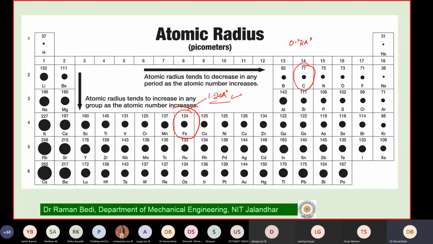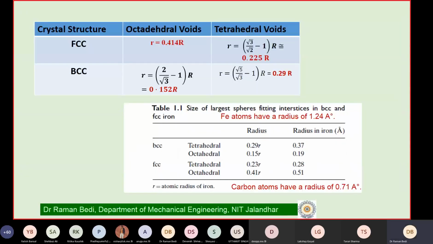So why am I interested in that? Because I want to now discuss something about the location of these carbon atoms in the interstitials of the FCC lattice of iron. But the problem is that iron is actually having a BCC lattice also. At room temperature, you have iron in BCC structure, and it is possible for us to find out the size of the octahedral and tetrahedral voids in BCC also. I am leaving that because it will take too much time here. I will post a video if it is possible for me. It is with me, and I will try to post a video.